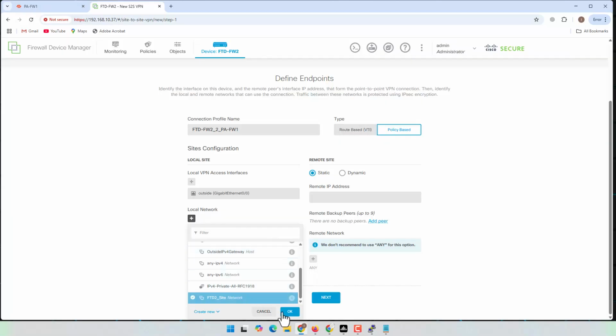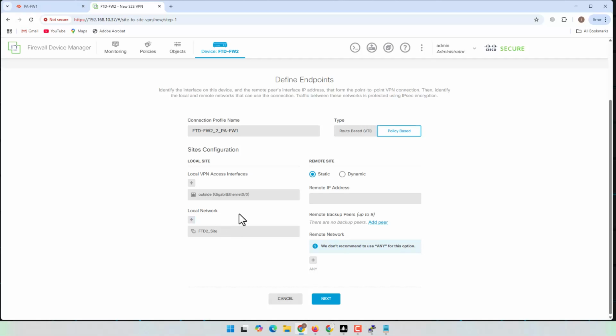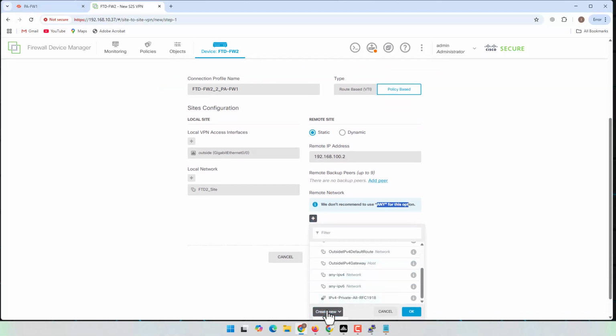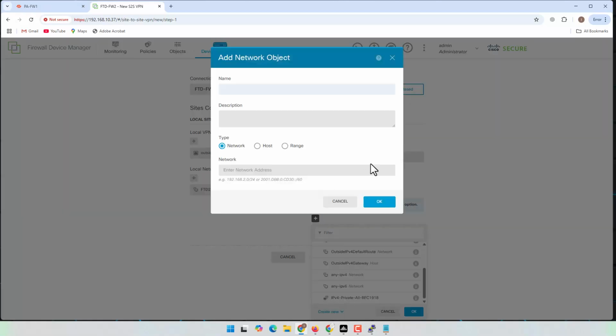Now let's select this as a local network that we are going to allow through this IPsec tunnel. And for the remote side static, the remote IP address is 192.168.100.2. This is the outside IP address of my Palo Alto firewall. And for the remote network, it's also recommended that we should not use any. Let's not use it, and let's create a new network,